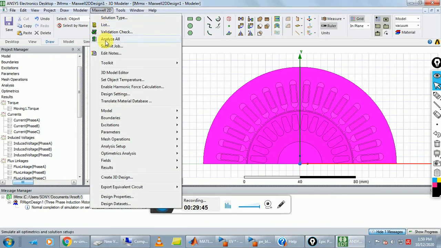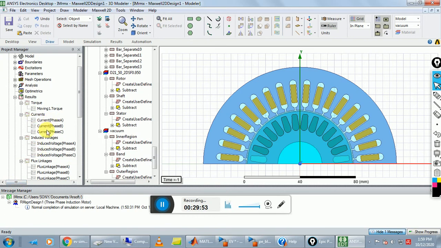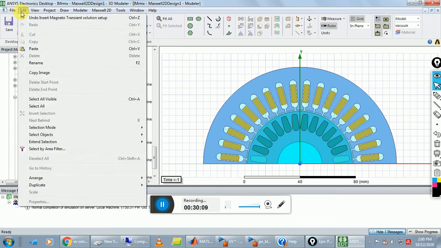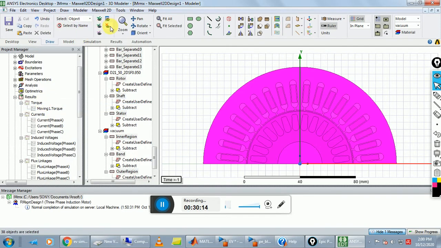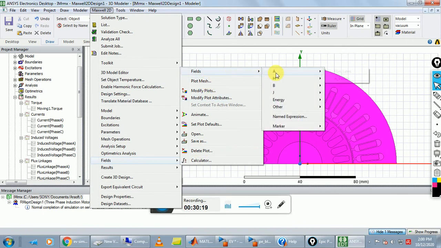So first we start with, go to Maxwell 2D, and here we first apply all settings. Okay, start with your flux density. The steps are: go to edit and click on select all object, go to Maxwell 2D fields, and fields.